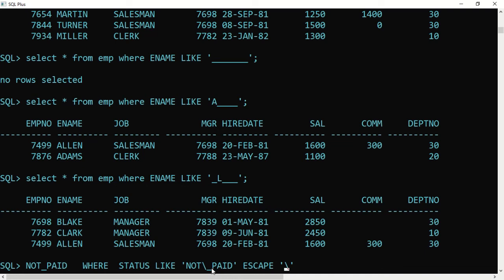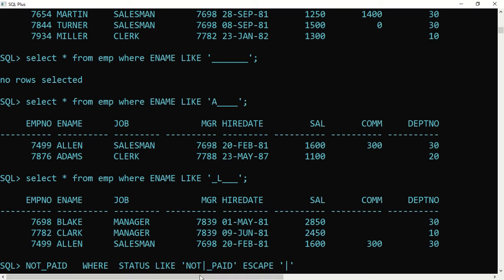Now I can say anything here, for example I can put a pipe. I can use this, and when the pipe is the escape character, you write escape pipe.